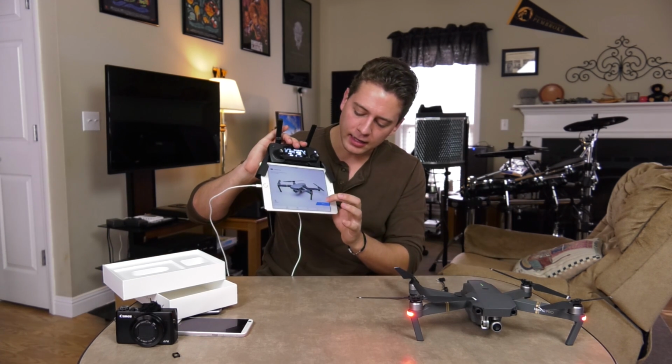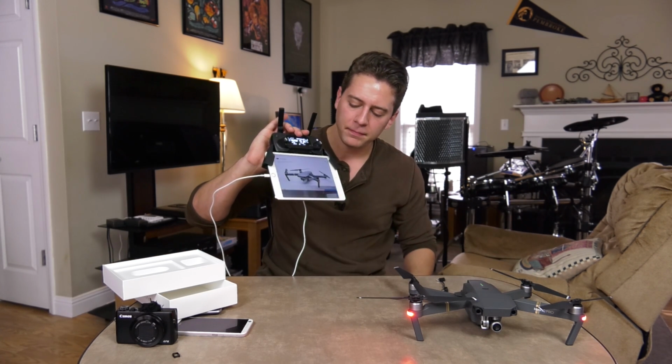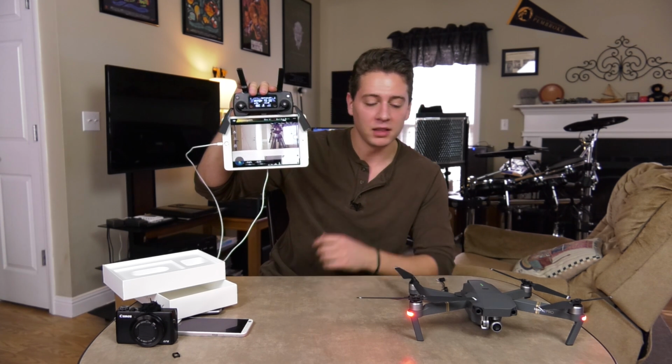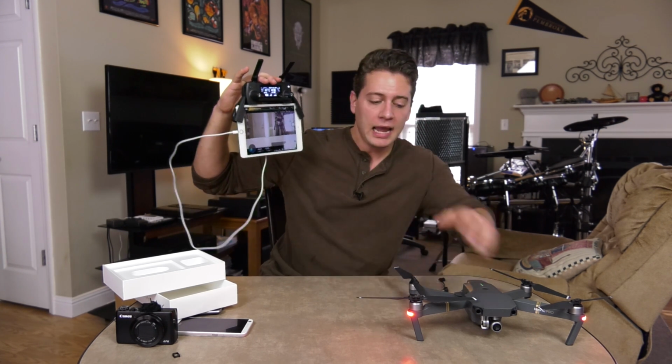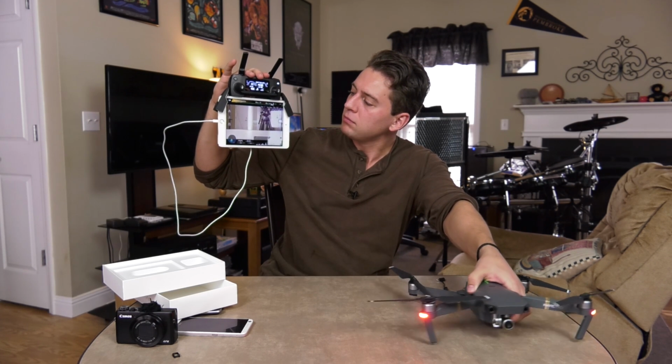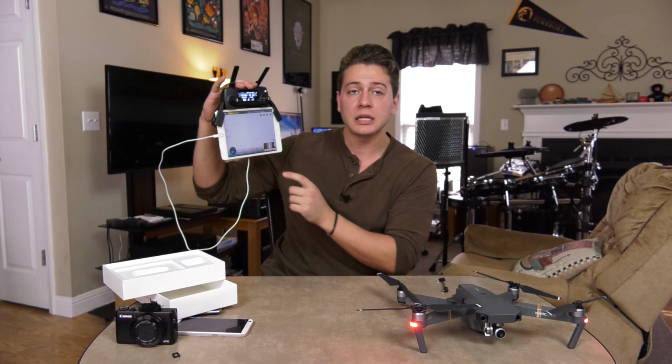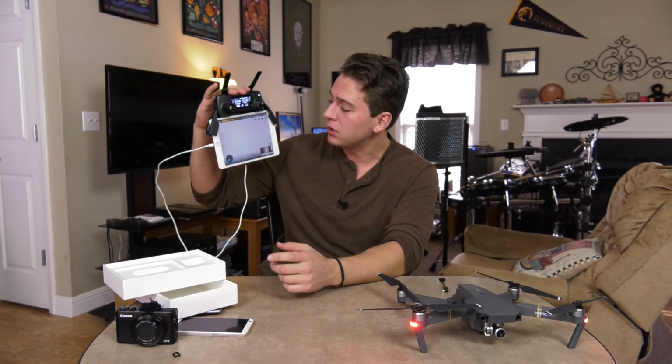It already connected, and if we hit go fly, that is extremely fast. Boot up time, I love that. It's so much faster than my phone. And if I were to move this, that's a lot faster than my phone. I love that. Now, the good thing about the iPad that I couldn't do with my phone, maybe other phones can do this, but mine sure couldn't,